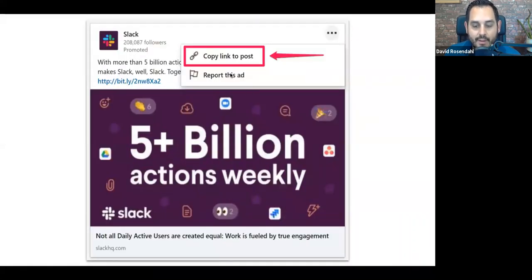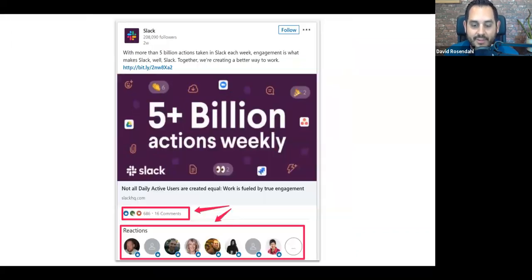And if you take this link right here, you copy the link to the post and you paste it into a browser, now what you're doing is you're looking at that specific ad in your browser, and you'll be able to see all of the people who engaged with it. So I know for some of you, if you think about your competitors, and I'm not suggesting you do anything evil or anything underhanded, but you basically now can see who's engaging with that post, who's commenting, what they're saying.